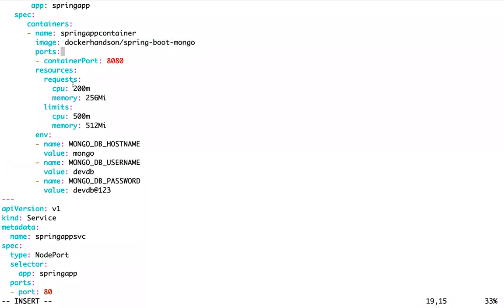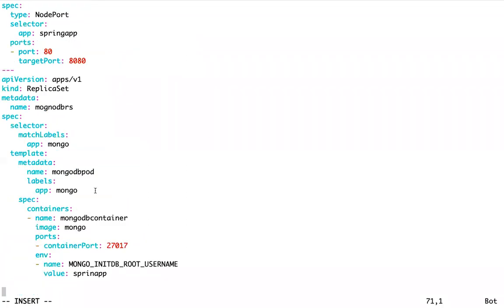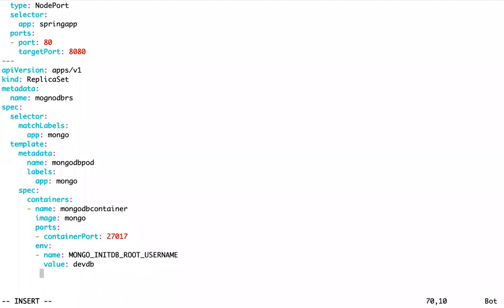This application will use this service name, this IP address to connect to the database, with this username and this password. If my database is initialized with a different username and password, will it work? Authentication will fail, right? So I am using whatever I am passing there, devdb.